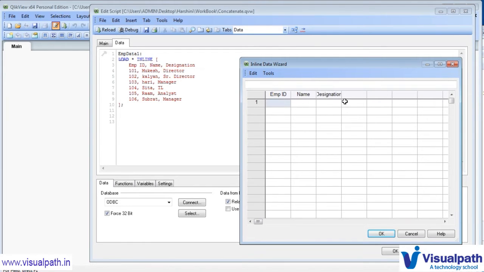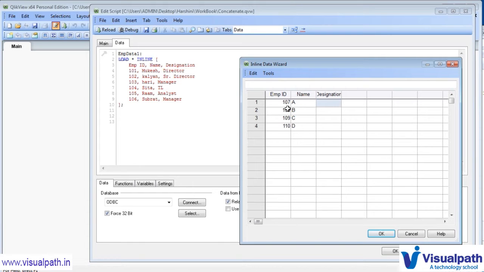Okay, and here let's say we have 107, 108, 109, and 110. And here let's say the name is A, B, C, D, and designation, some dummy data, any data.